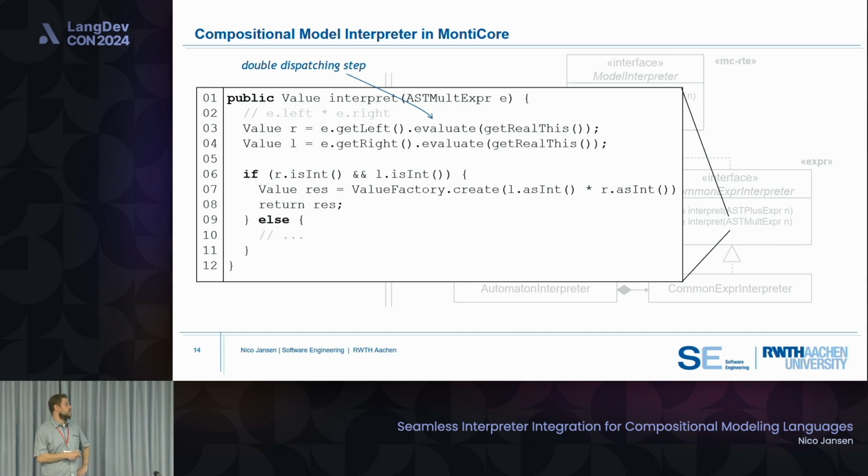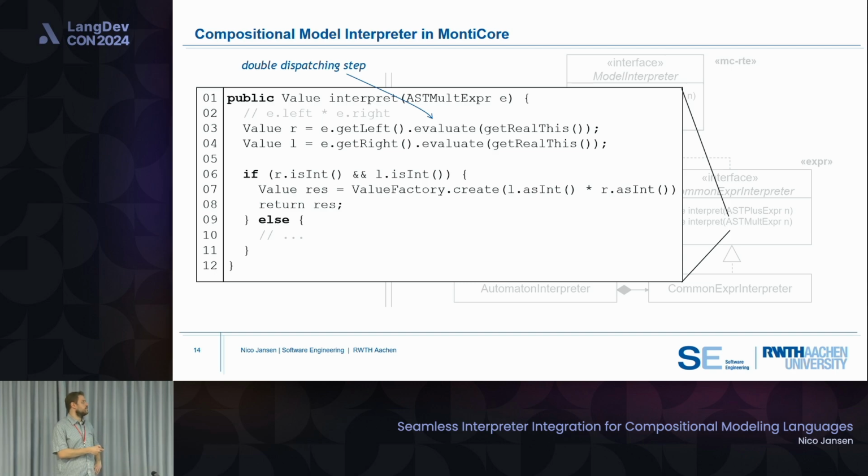Here's the interpret method for the multiplication expression. A multiplication has two sides, left and right. So what you do is you get those sides and evaluate them. It could be as easy as a number, 5 for example, but it could be more complicated expressions like 2 plus 4 minus 1 or something like this. So before using this result, of course, you have to evaluate this. So you call the respective evaluate method, and once you have the values, you just have to do the